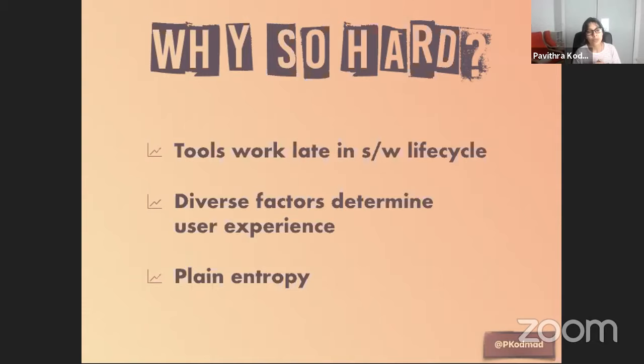So this is bad. There's no tool that tells you before you merge your code that hey, you're going to slow down the website. So it's very late in the life cycle for you to revert the whole feature. Instead, you will just be left diagnosing why something would have happened. So I feel that's something that makes it really hard to have good web performance all the time